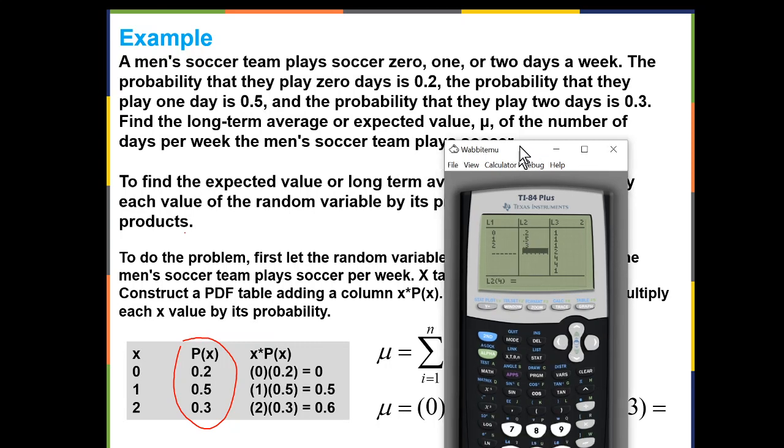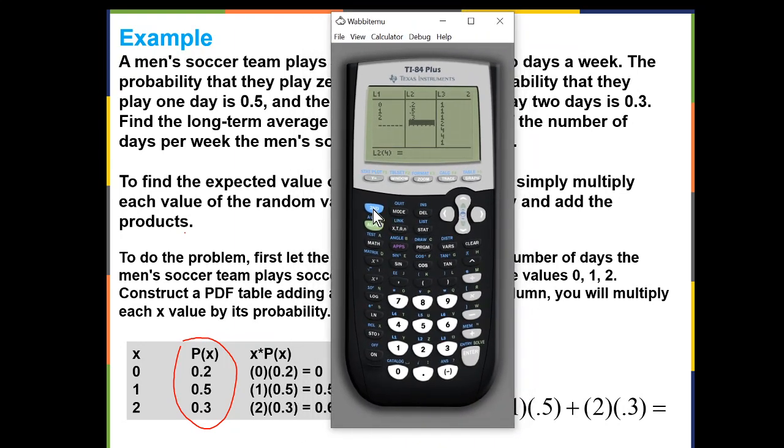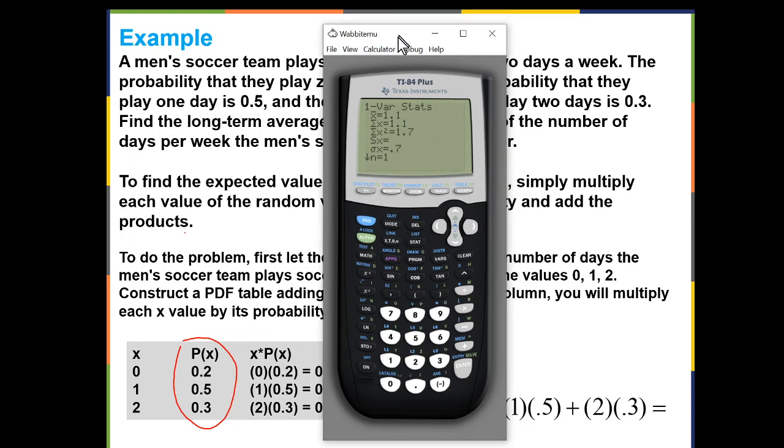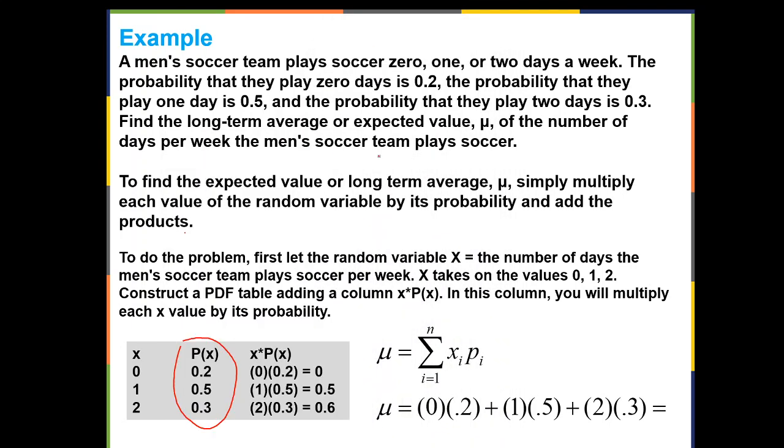Okay, and then to find a mean and a standard deviation, we could just go to stat, calculate, one variable stat. We put L1, comma L2 there. And here you go. The mean is 1.1 and the standard deviation is 0.7. Now notice the standard deviation Sx is empty. Why is it empty? Well, because